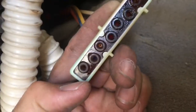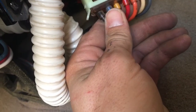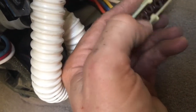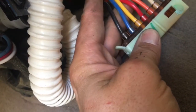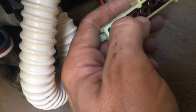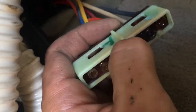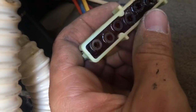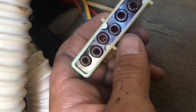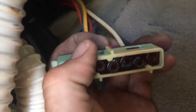Okay, so I've got it pulled out, and here are all the vacuum lines that go to, well, most likely there's source line, and then the lines to the blend doors. The first thing I noticed is, seems like there's some moisture in there. Now the thing about that, I don't know this because I'm not a specialist in this area, but the thing